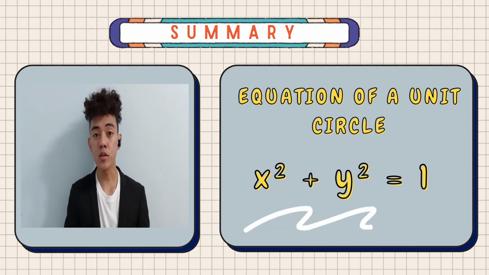If the answer is equal to 1, then that point is on the unit circle. If not,